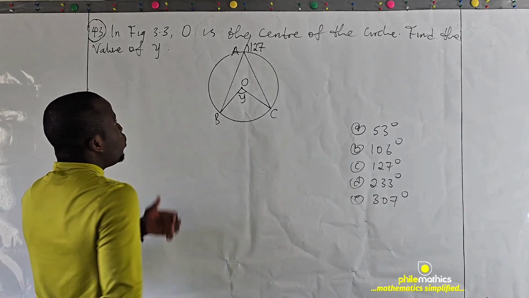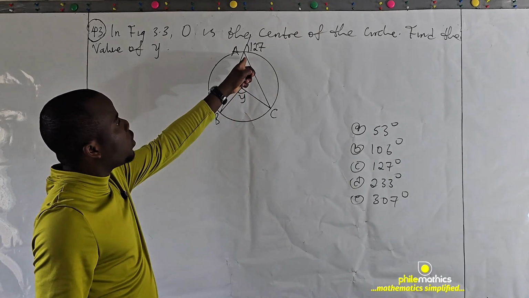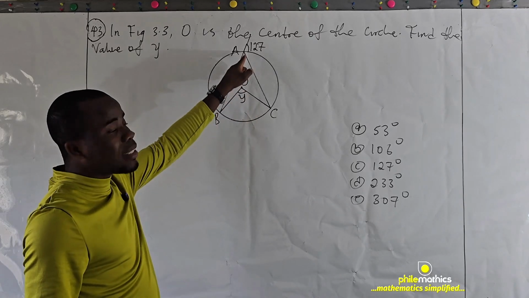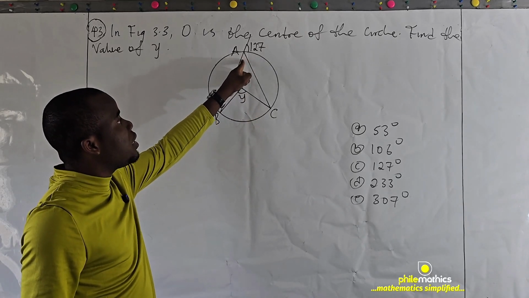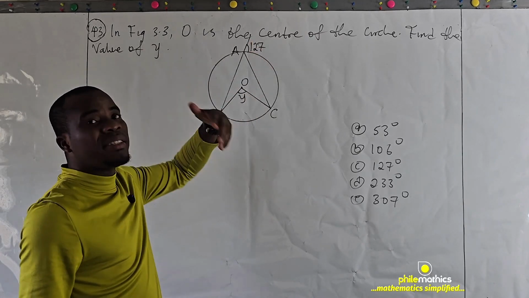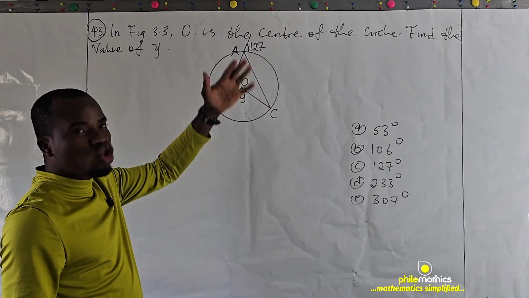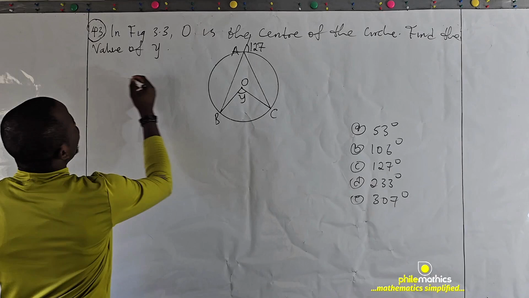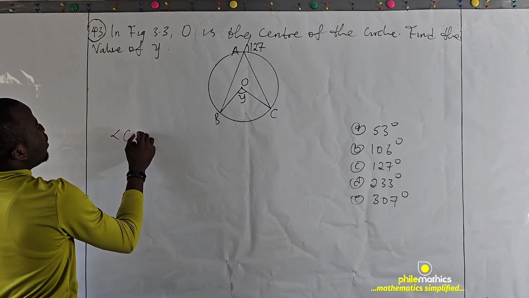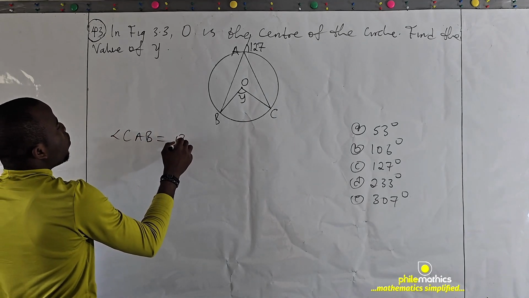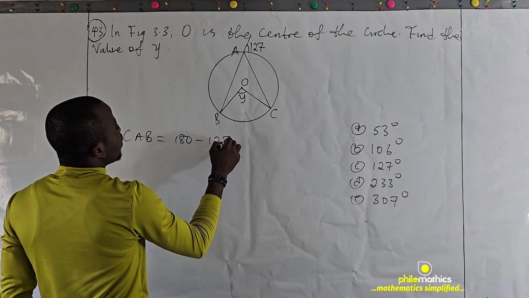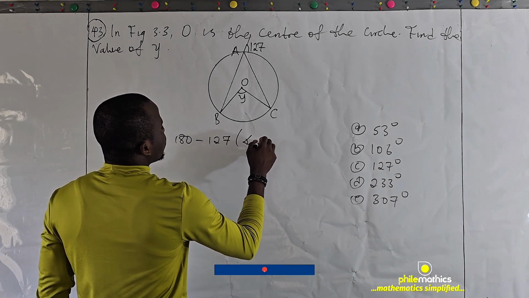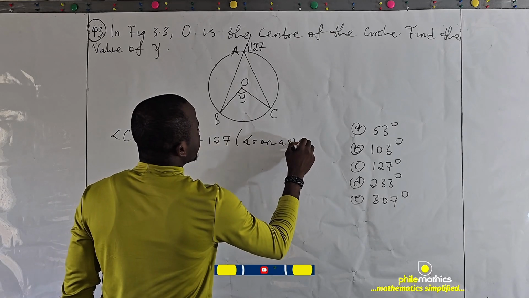So we use the rule that if we know what this is, we can get Y because angle at center is twice angle at circumference. So let's find what this is using the rule that angles on a straight line are supplementary. That means they sum up to 180. So angle CAB is simply 180 minus 127, and the reason is angles on a straight line,